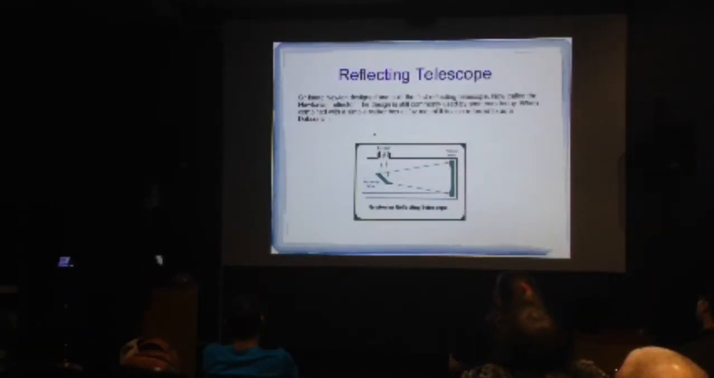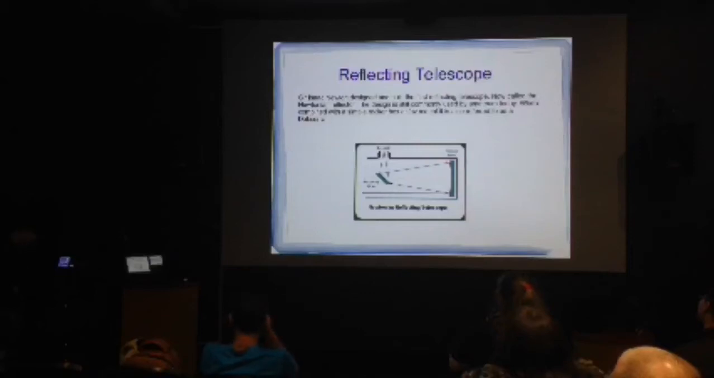Alright, so another solution to this problem with chromatic aberration is to not use a lens at all. Isaac Newton worked out that you could focus light using a mirror and make a telescope using mirrors. So this was his design, called a Newtonian telescope. You have the star that you're looking at over here somewhere. Light comes through the tube,